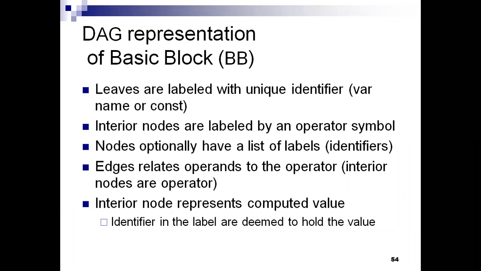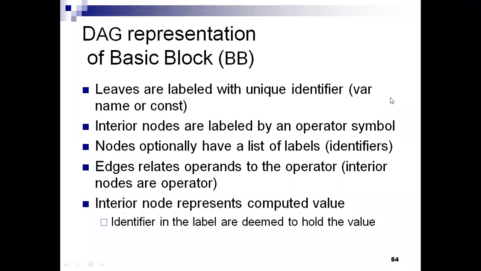The first thing is that we need to construct the DAG, and now we need to know what the DAG is. A DAG is a directed acyclic graph, and it is used to apply the transformations on the basic block. To apply the transformations on the basic block, a DAG is constructed from three address statements, with the following types of labels or nodes. That means I need to construct a DAG, but initially I need to know the rules to be followed for constructing the DAG.